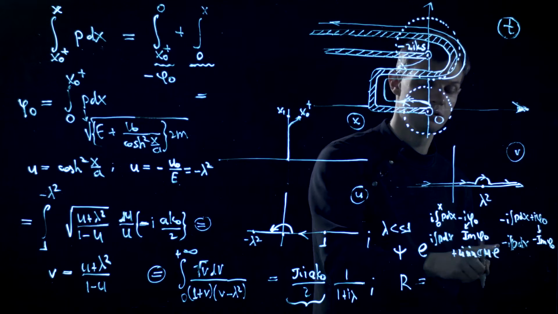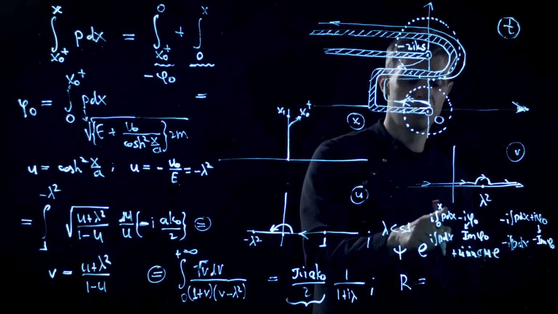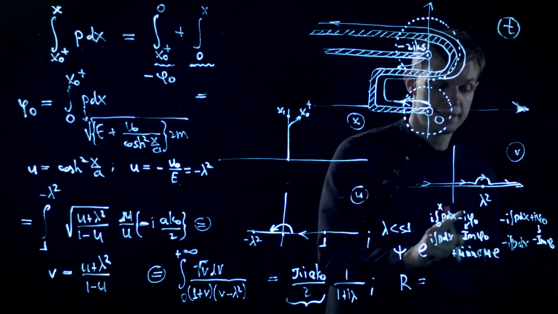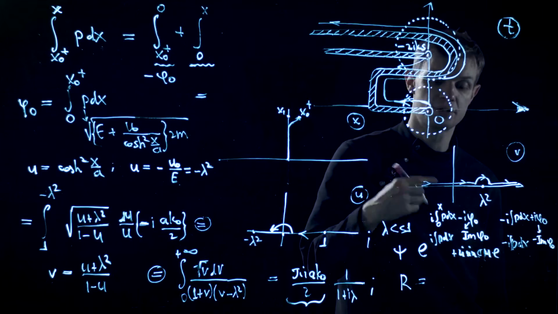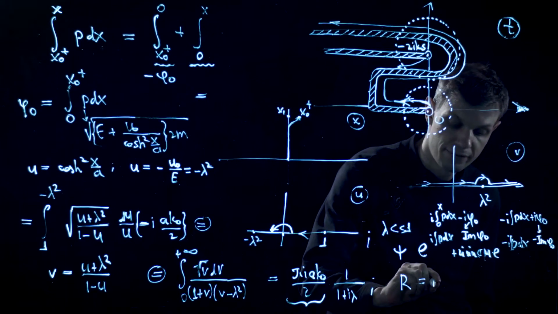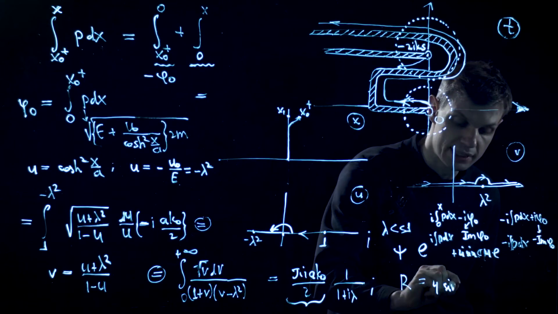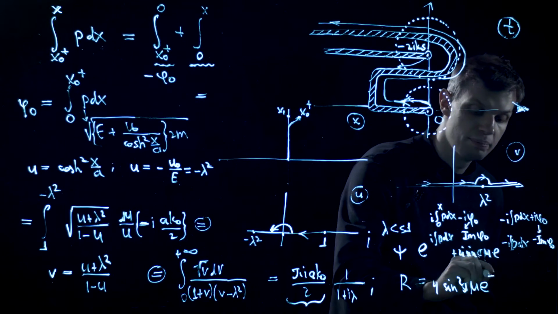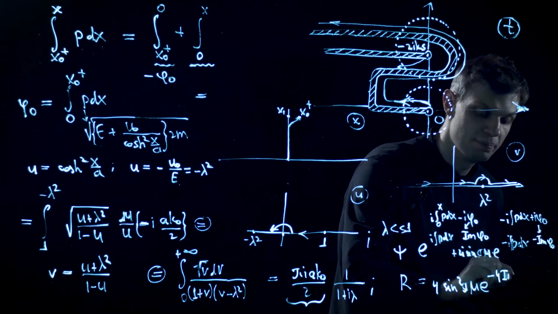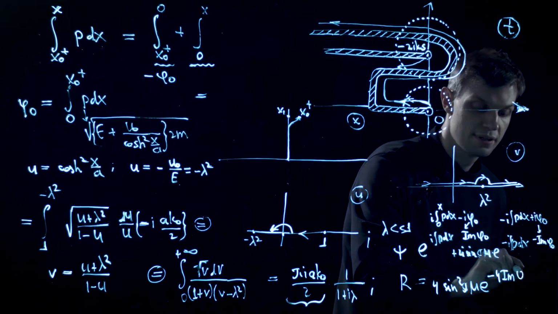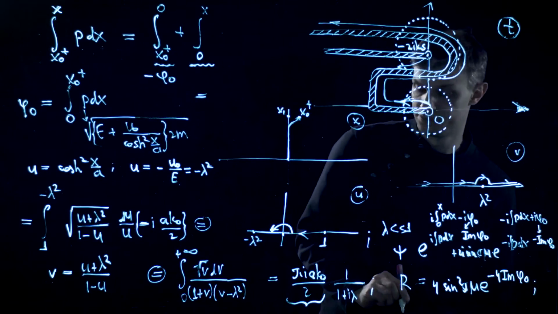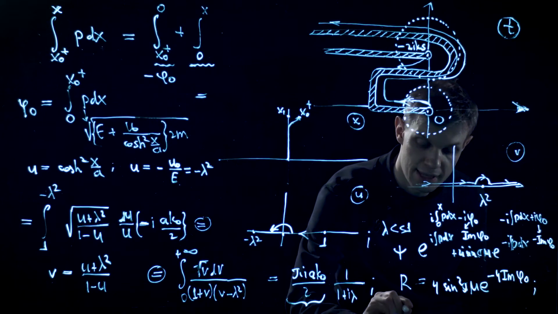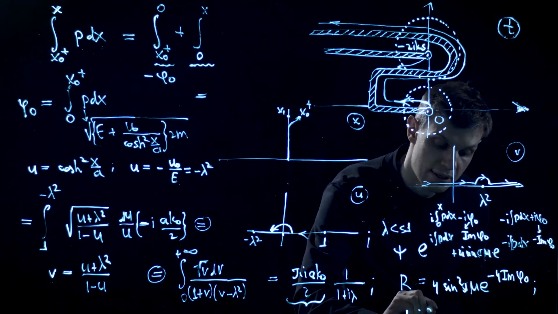The amplitude of the reflected wave compared to the incident wave is doubled, and the reflection coefficient is the square of the amplitude. So what we get is 4 sine squared pi mu times e to the minus 4 imaginary part of this phase phi naught. And we plug in this expression